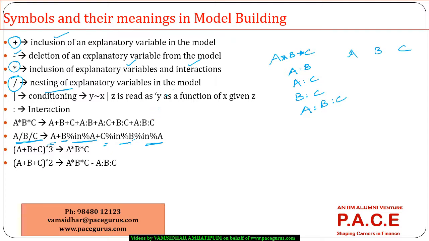So this is the conditionality. I am including those things of C if they are in B, including those things of B if they are in A. So we are putting a nesting of the explanatory variables in the model. But if I am putting it as a piping symbol, I am conditioning. Means I am building